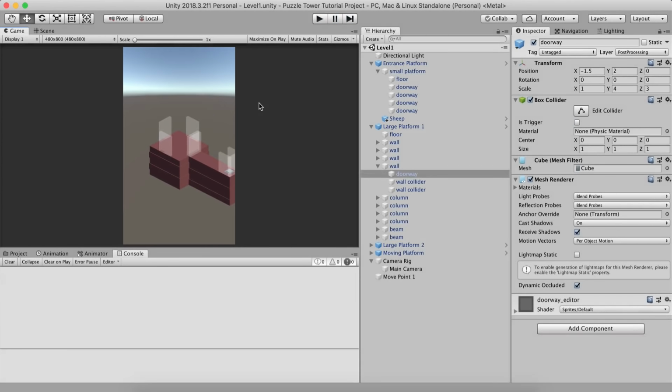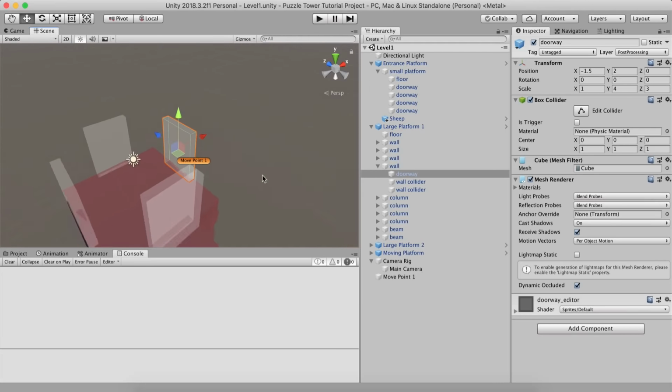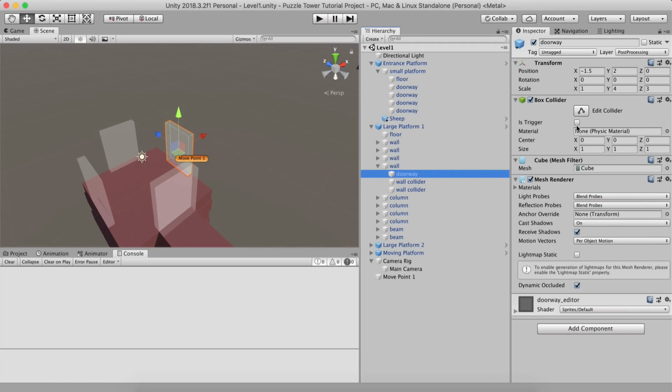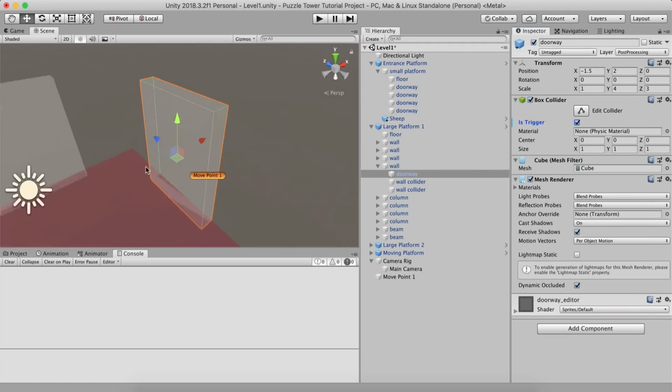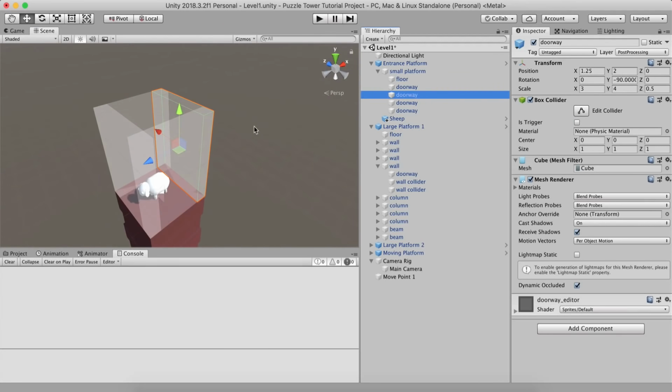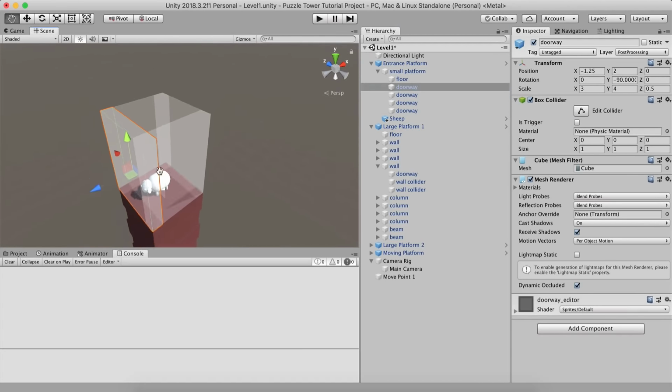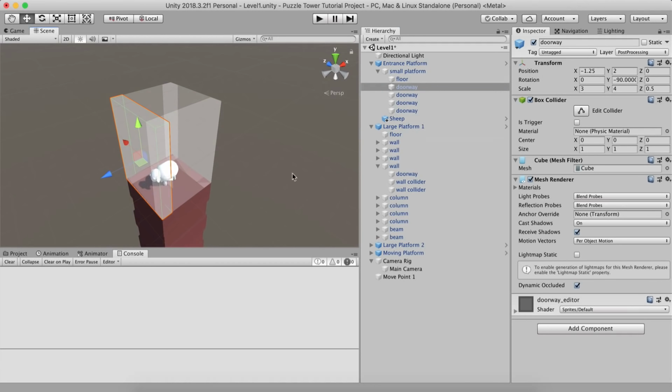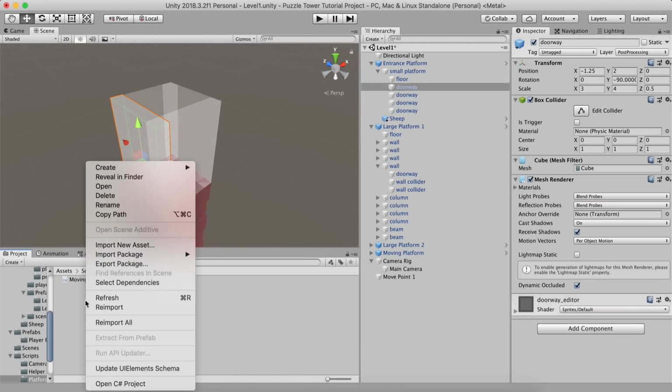But you see, for our game, it's a little bit tricky. There are ways. How can we fix this? Before you run the game, you can select that doorway and make it a trigger. So is trigger, we are going to check the trigger for this one. We can do the same thing for this one right here. Let me select it. Here it is. So we can do the same thing for this one, but we can also go here and platform script, and